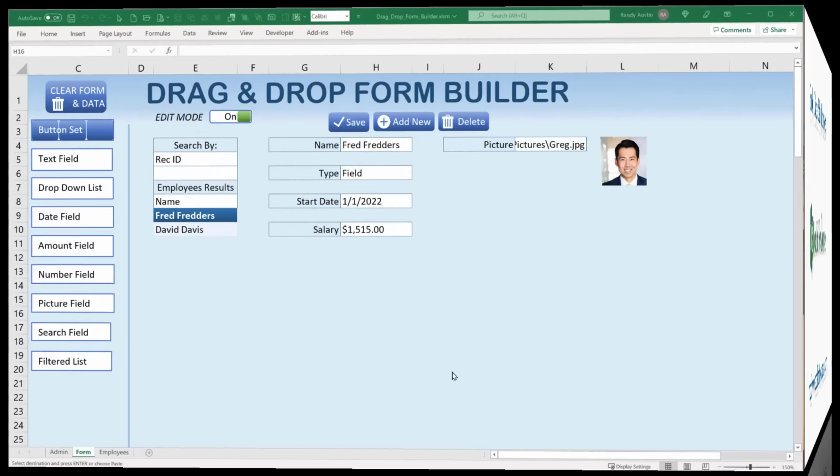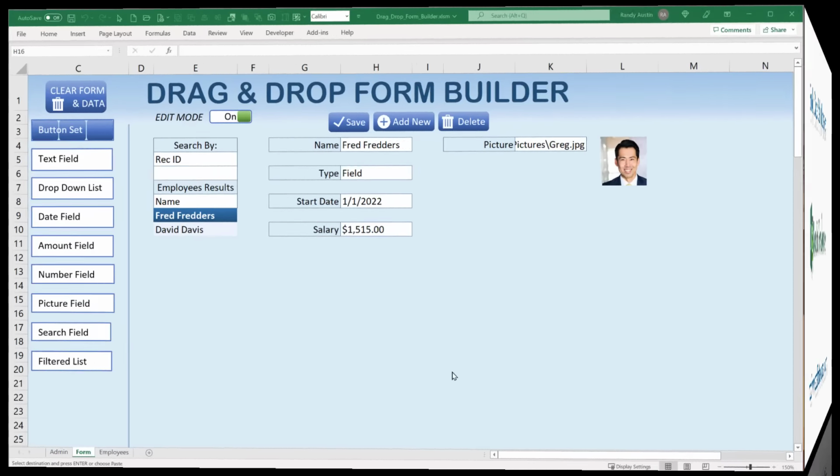So the header is dynamic, right? Whatever the user types in here, name is going to appear right in here. To do that, we could just set up a formula called equals form E5. So we're putting that formula using VBA right here. So here is our criteria header. So to do that, database worksheet A1